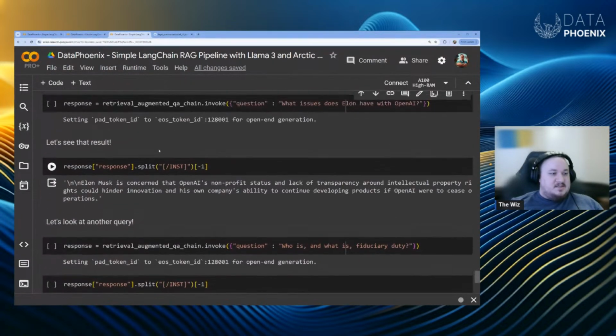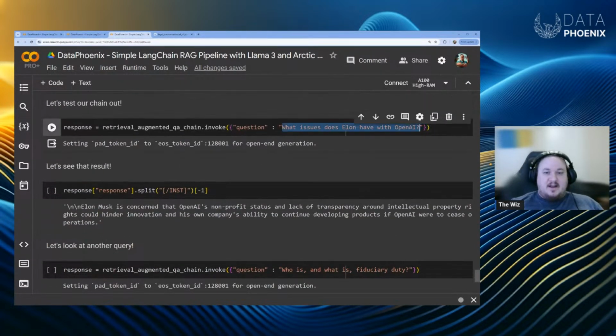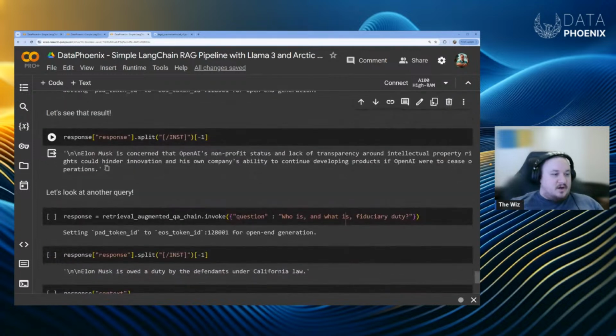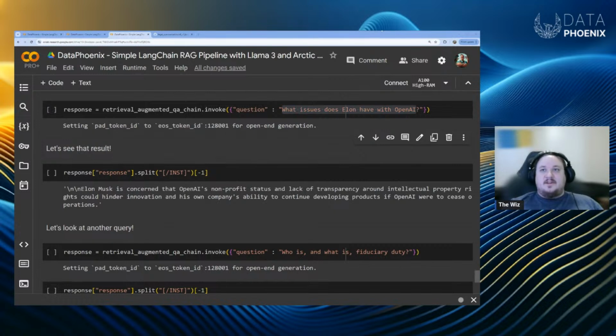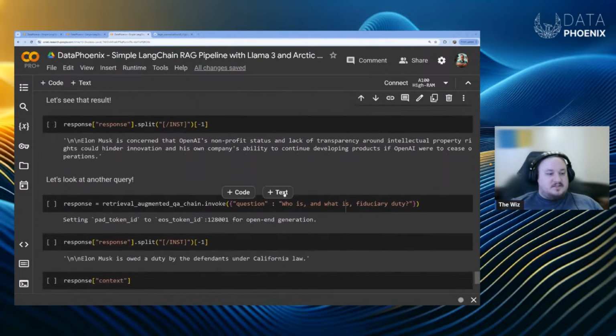And the idea is when we ask that same question, what issues does LN have with OpenAI? We get a shorter, more natural language version of the response, and it's more relevant to our question, which is pretty cool, right? Originally, it was talking about kind of the broader issues LN has with them using his copy, whereas now it's talking about the actual main crux of the complaint, which is this idea that it's out of